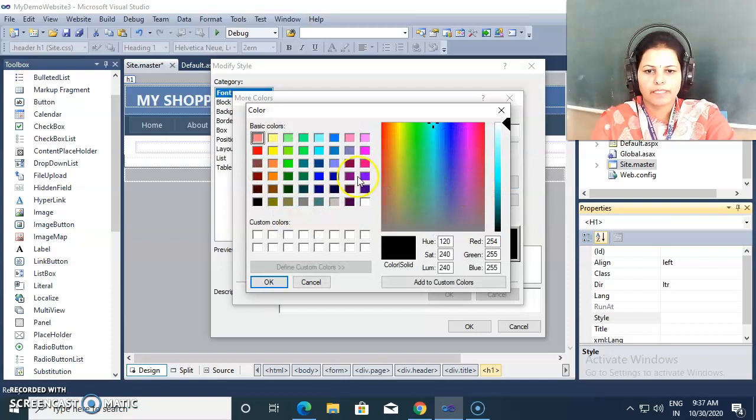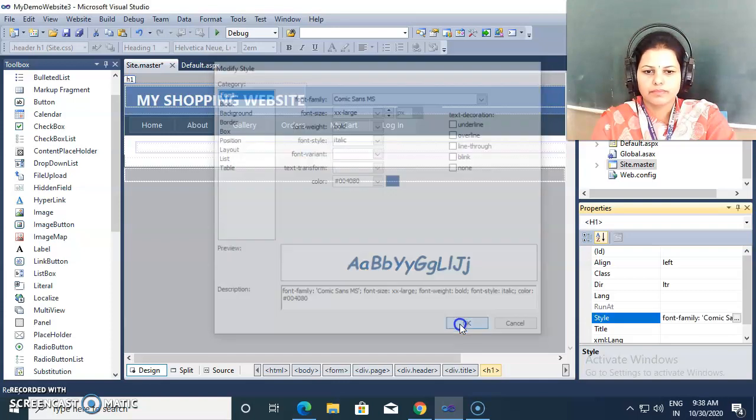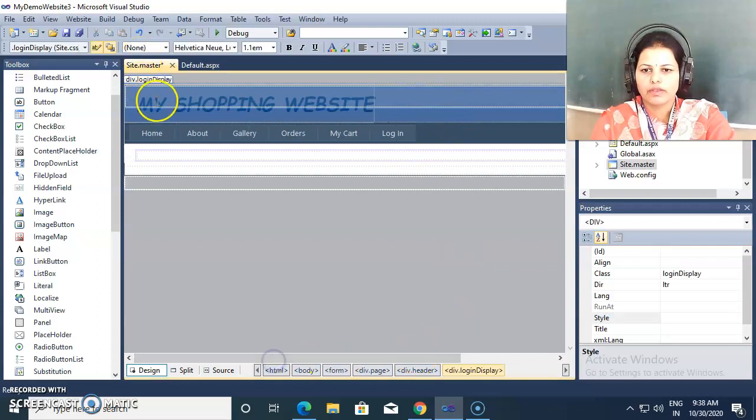Here I'm giving this color. So this is my color now.